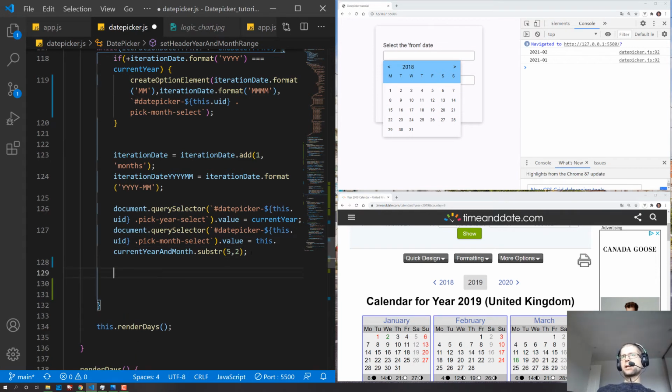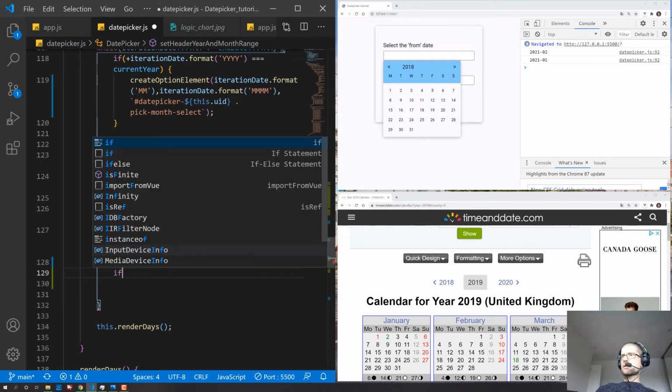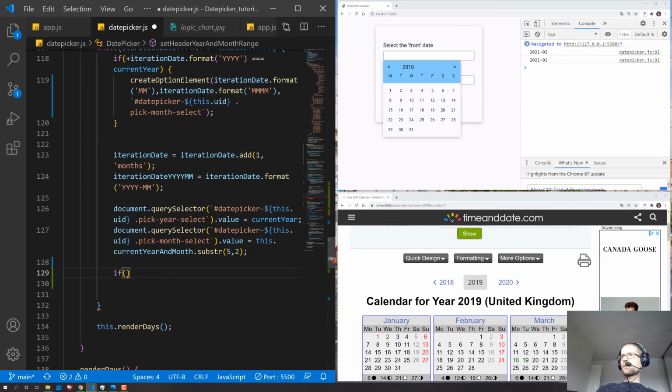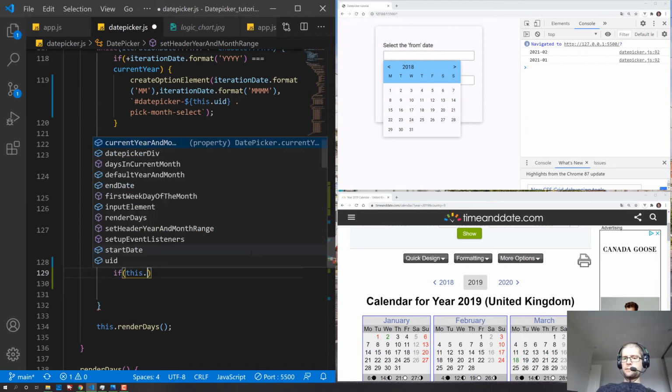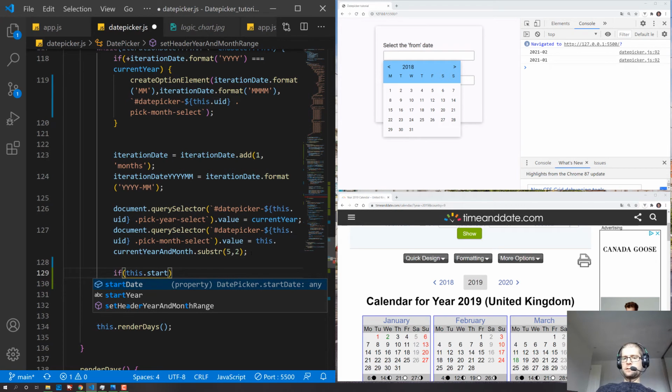We just need to check if the current year and month is before the start date or after the end date. In that case, we're just going to select the default value. So a conditional statement: if this start date,